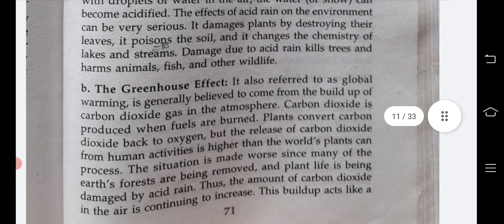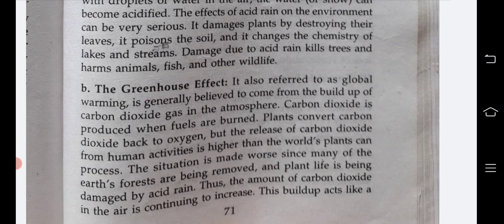Second is the greenhouse effect. It is also referred to as global warming. It is generally believed to come from the buildup of carbon dioxide gas in the atmosphere. Carbon dioxide is produced when fuels are burned. Plants convert carbon dioxide back to oxygen, but the release of carbon dioxide from human activities is higher than the